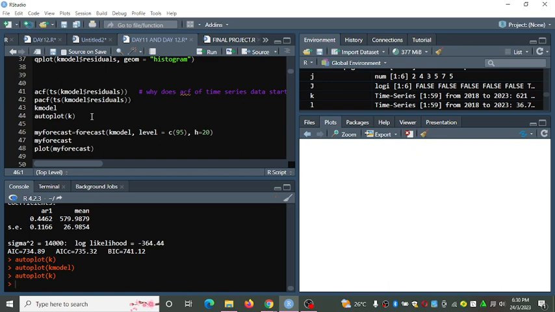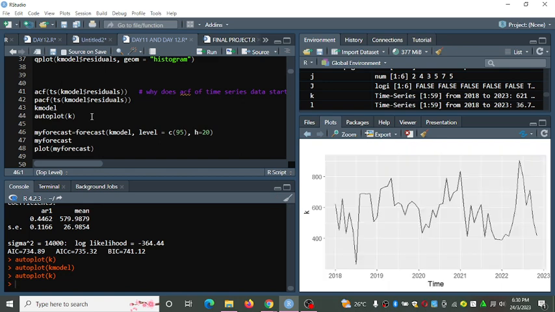Now from my model I can forecast using different confidence levels you can specify, and the syntax for forecasting is very simple. You first of all insert your model, then you specify the level of confidence.